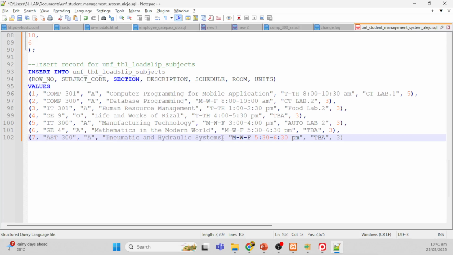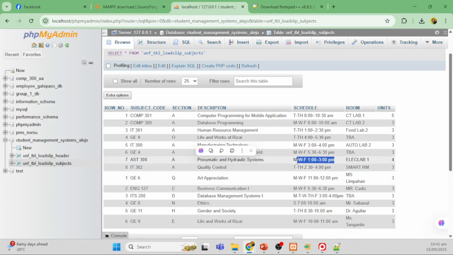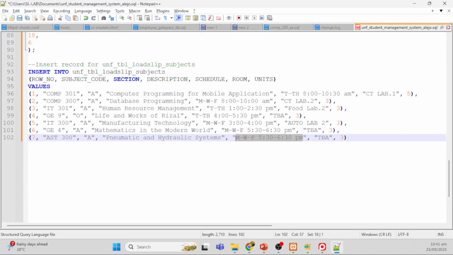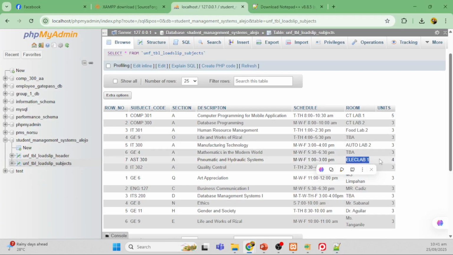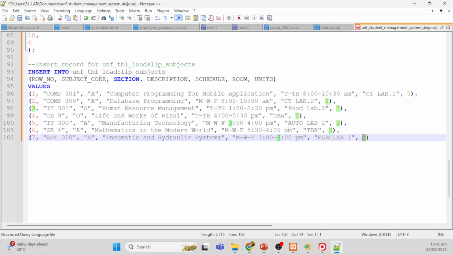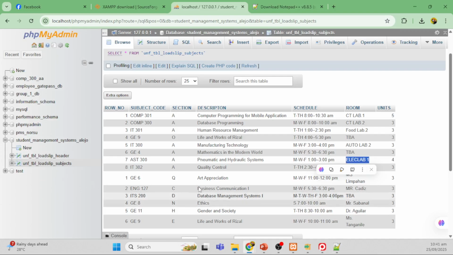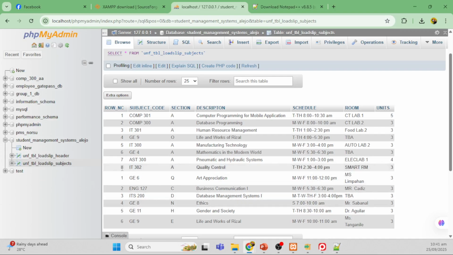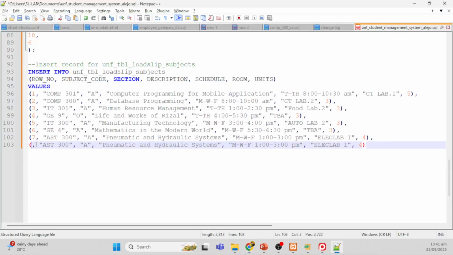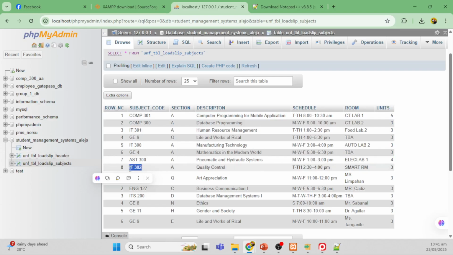If you forgot to close it, that will happen, the color coding. So the color coding is very important because you can see whether your code is working well or not. Okay, then we have here and that and this one. So it's a very repetitive task for you, but make sure that you are guided by the script because sometimes you mistype something and it can lead to an error. So this is 8 and this is ITS 302